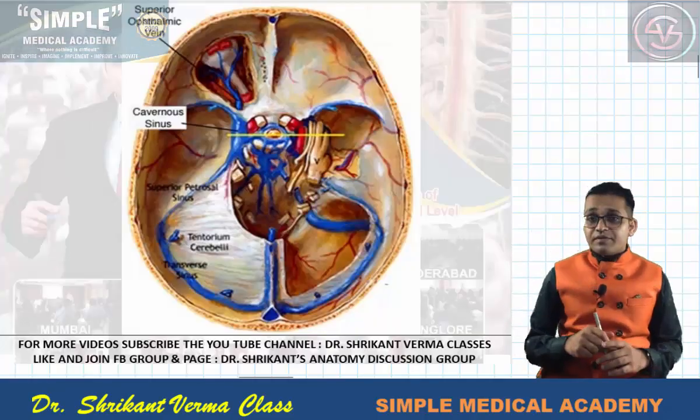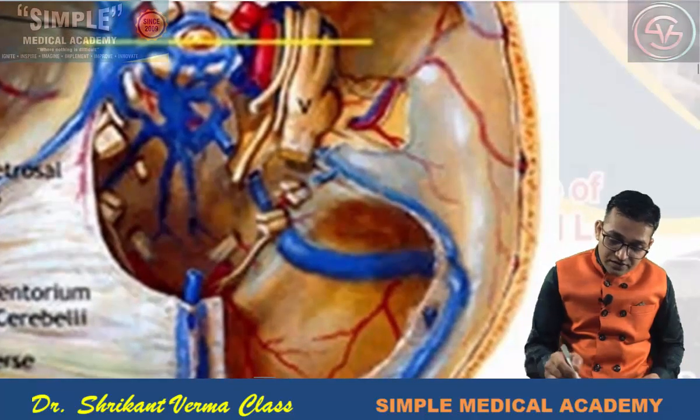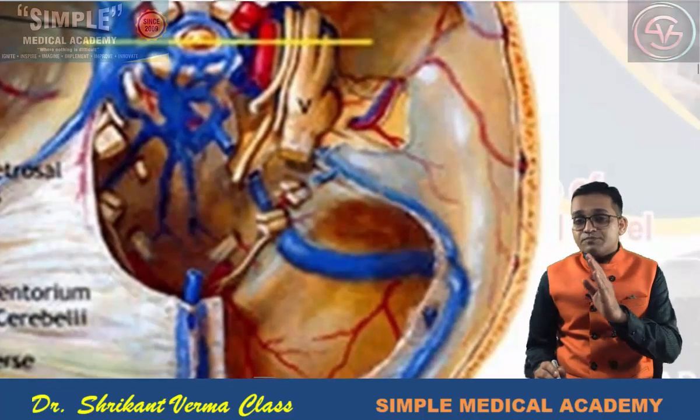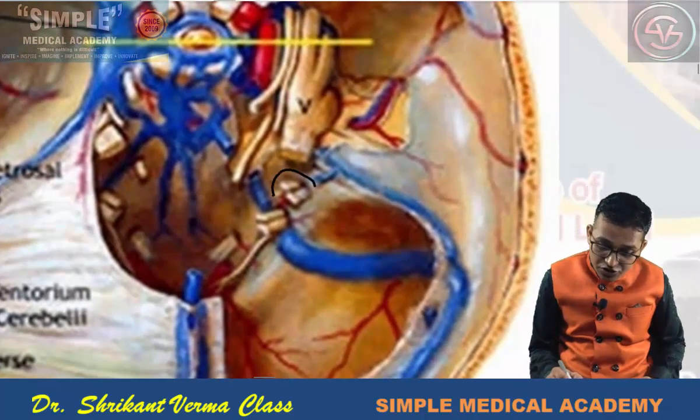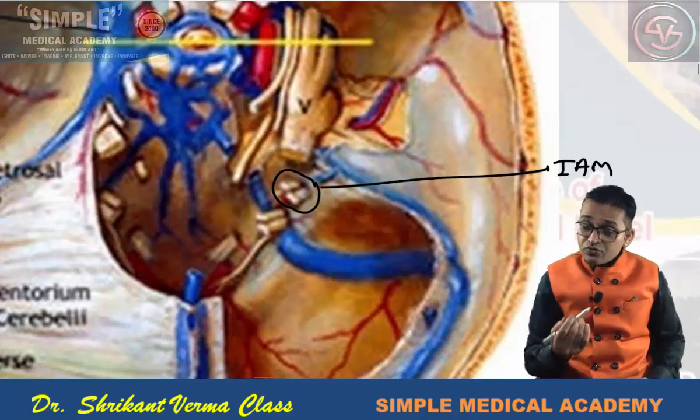Can you follow the same image? You can see that between the upper and the lower margin of the petrous part of temporal bone, internal acoustic meatus. Yes, this is the internal acoustic meatus. Just behind this internal